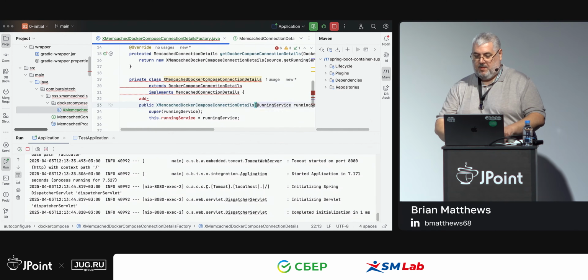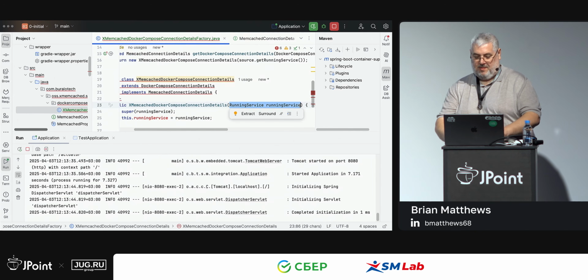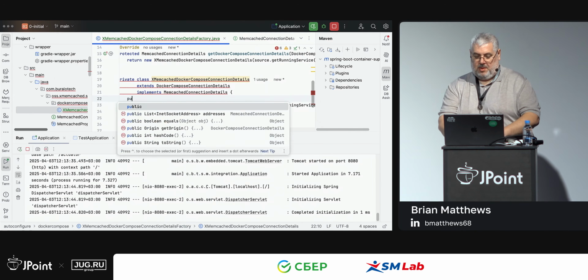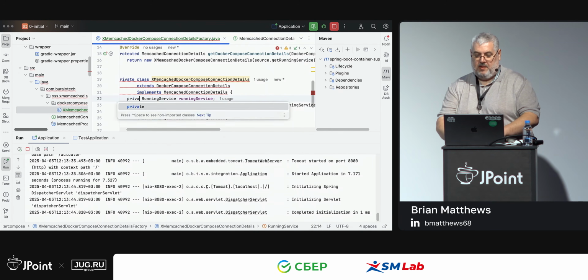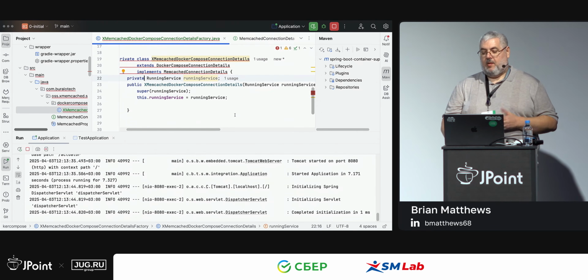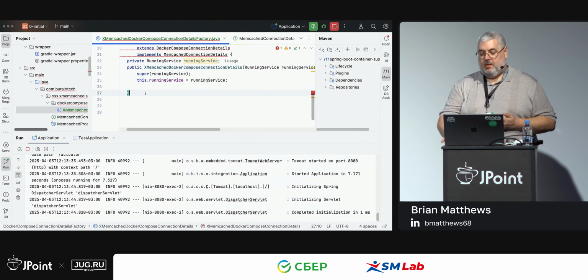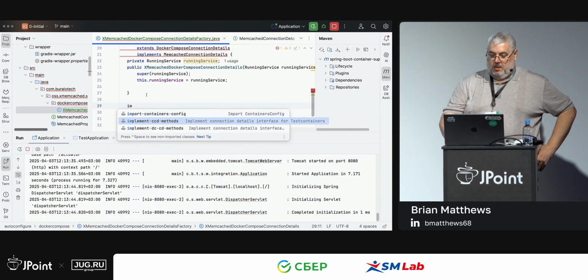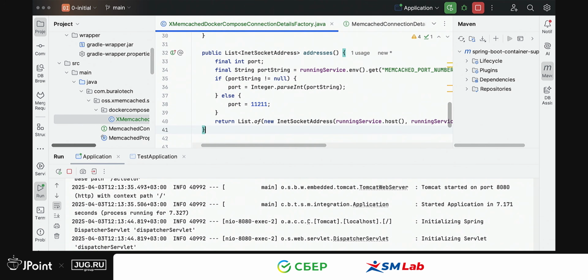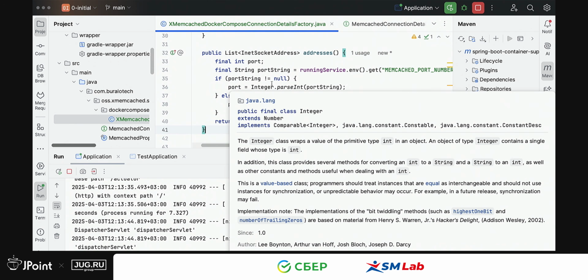Quicker to just copy and paste sometimes. Okay, and then the last thing that we have to give this class is we have to implement the methods. So there's only one method to implement, and that's the addresses. So we can just do that now. So it's going to query from the container. Now, because we're using